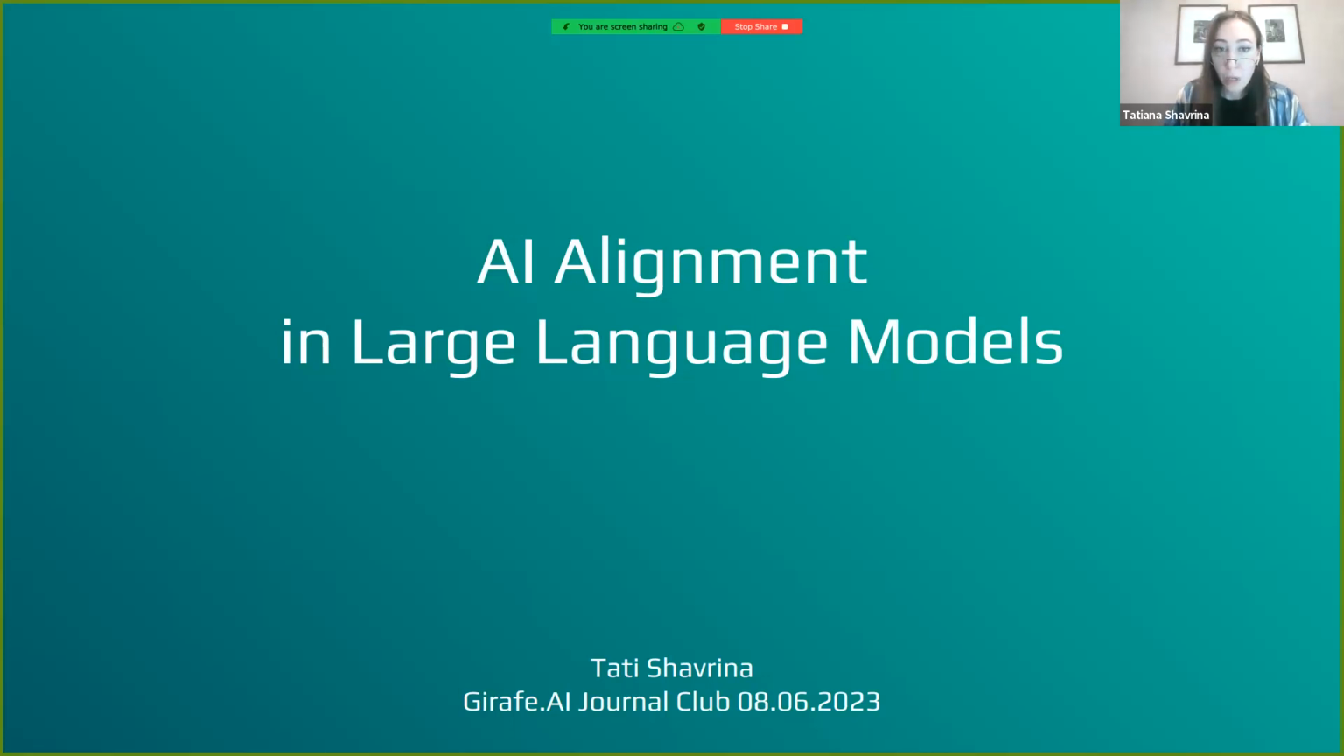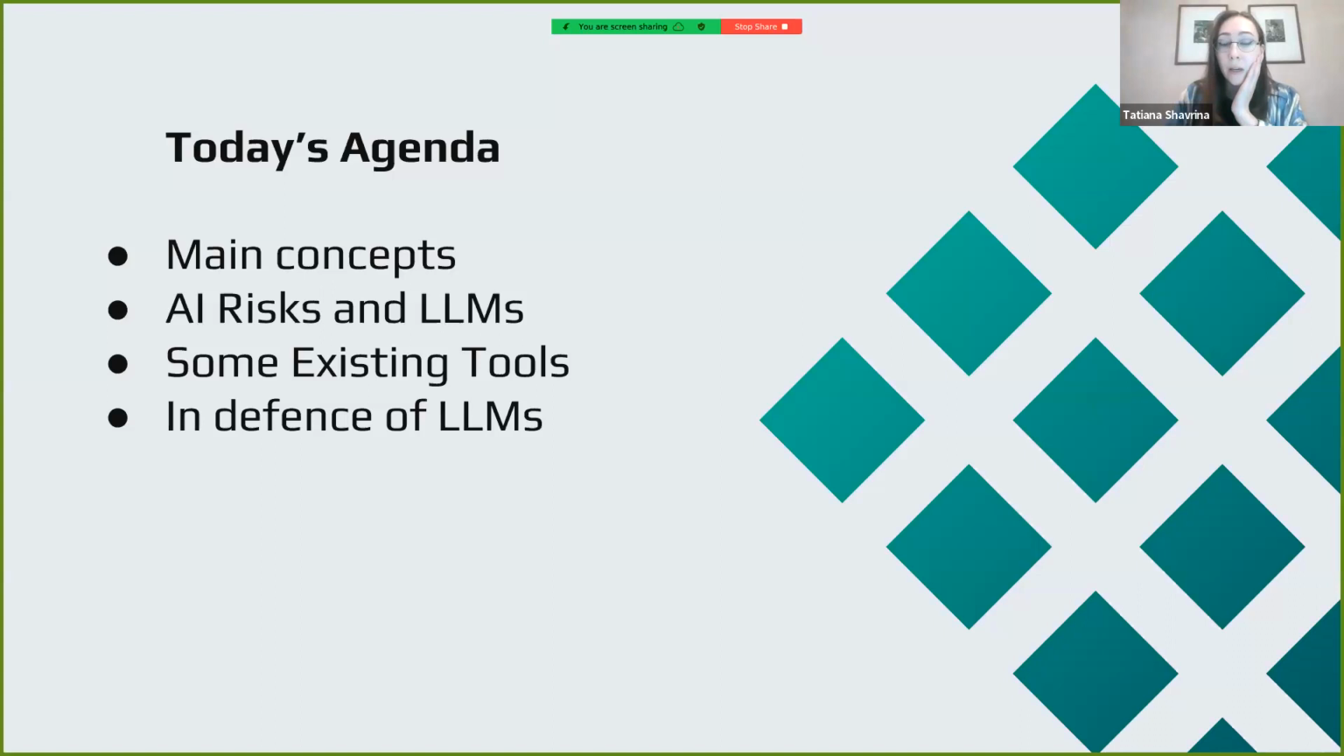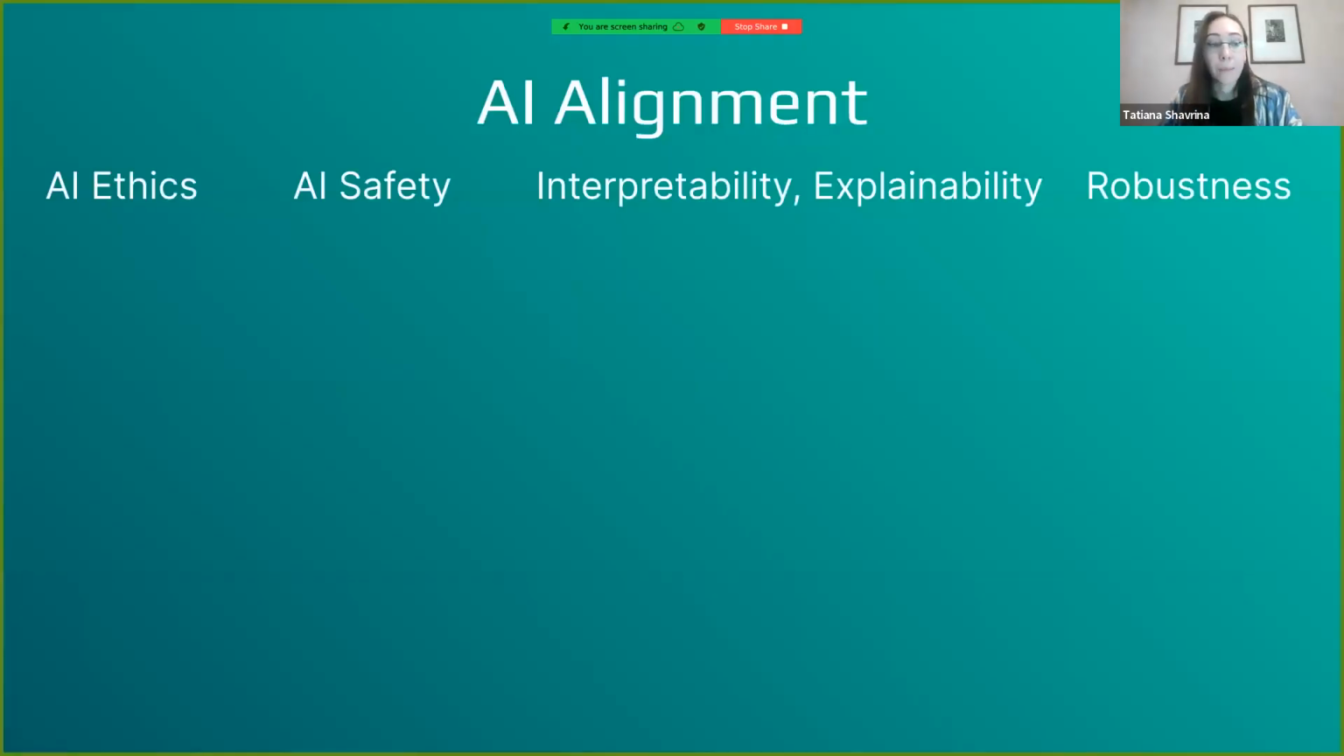Right, so what's even AI alignment, right? AI alignment is a very broad term in general, where we have the standard fields like AI ethics, AI safety, interpretability, all the things about explainability and robustness of the models. And I hope these terms should be very familiar to you. So AI alignment is kind of the combination of all of this,